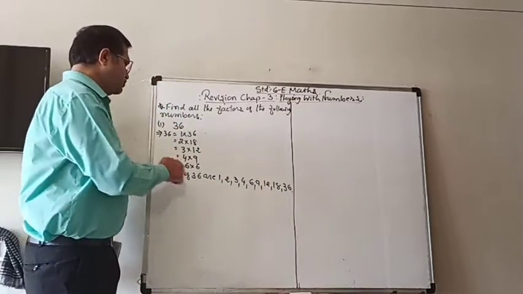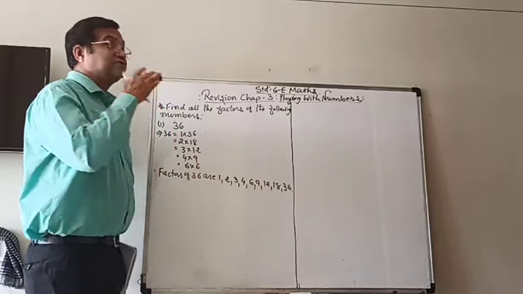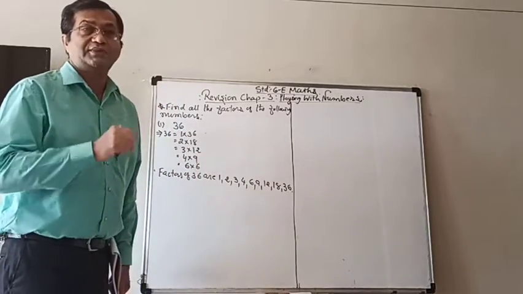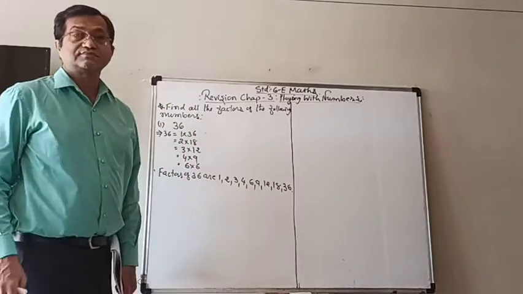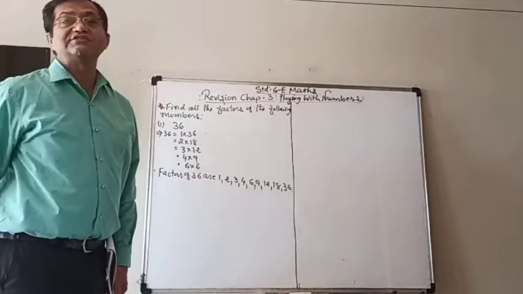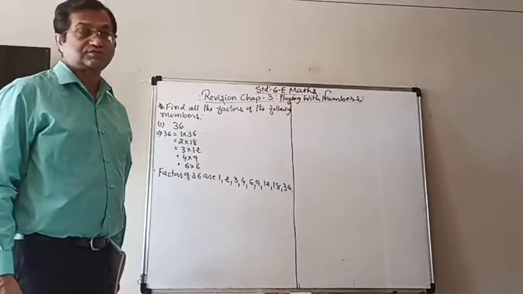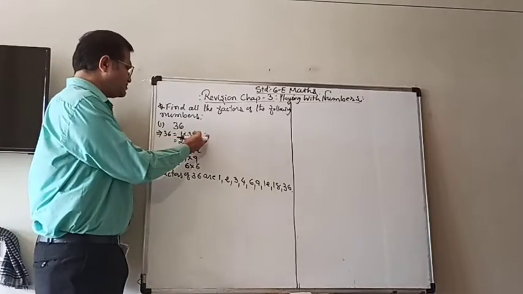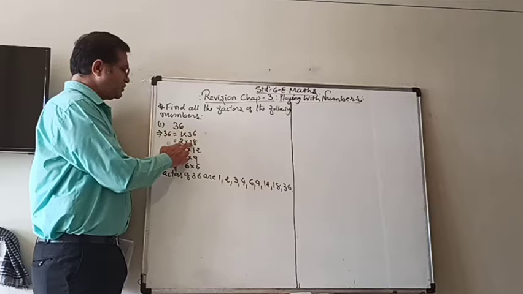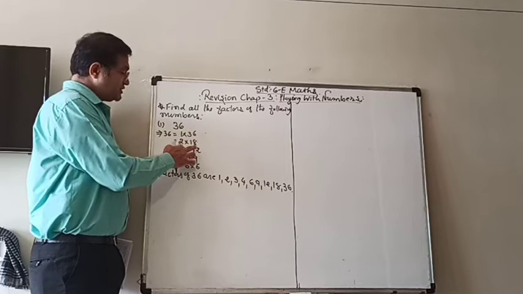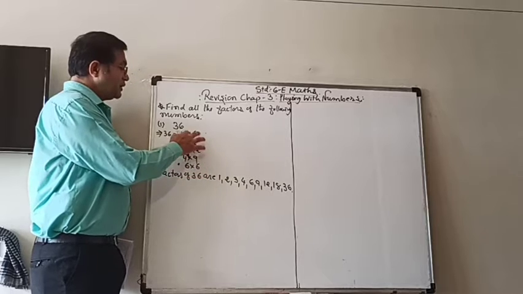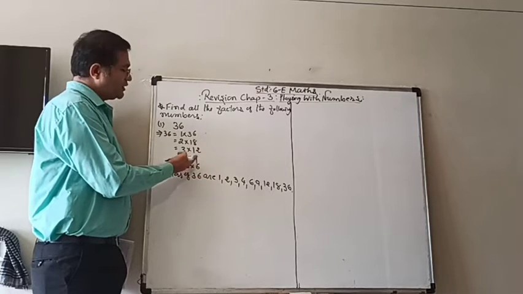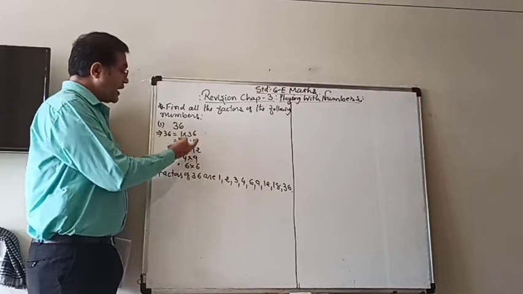Generally, if you start 1, 2, then sometimes you miss one of them. But if you write down like that, there is no chance. Just check the divisibility. You know the divisibility tests. So start from 1. 1 is always there. If it is even number, it will be divisible by 2. Then check the divisibility by 3. Then check by 4. That is, if the last 2 digits are divisible by 4, then it will be divisible by 4. And so on.